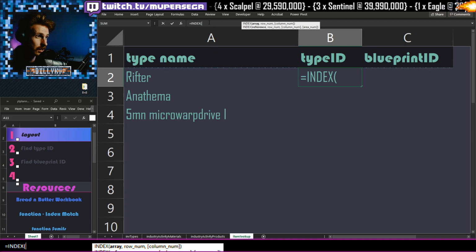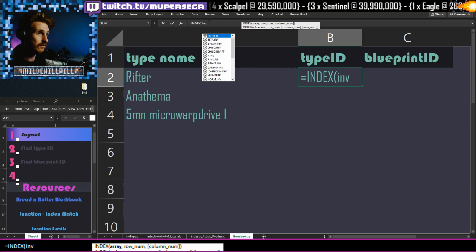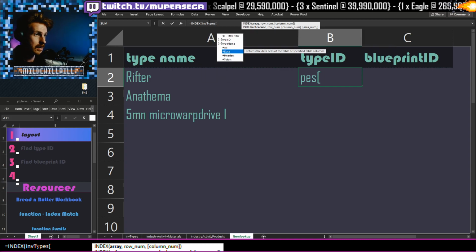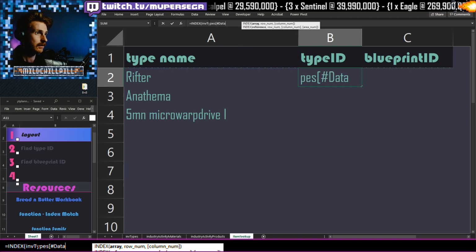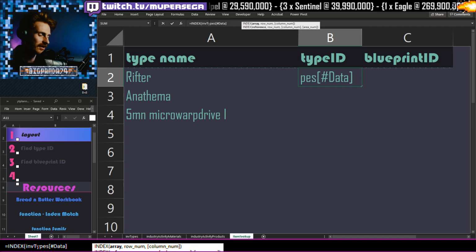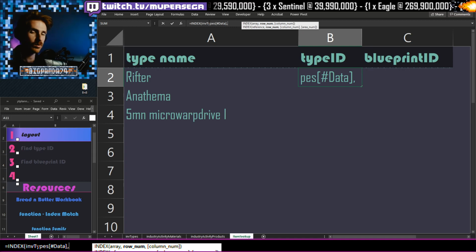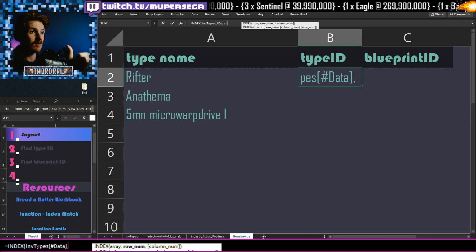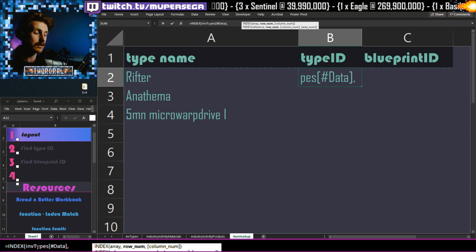So the actual entire array that I want to search is inf types. I want to press square bracket to find the data section here. It's like a hashtag data or whatever. I don't think it's called hashtag, but yeah. So data. The row number that I want to find, here is where we are going to use the next special part about an index match. Index by itself is great, but we can use match to actually find what row Rifter is in. So I'm going to go MATCH,